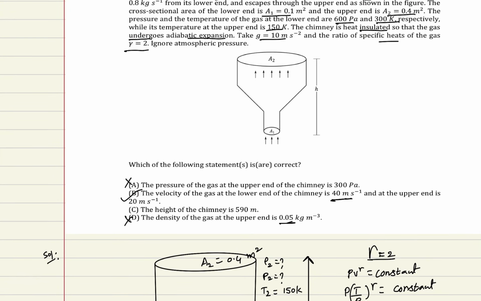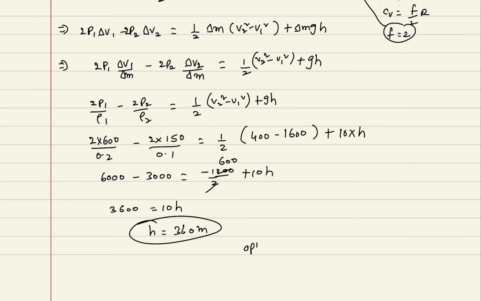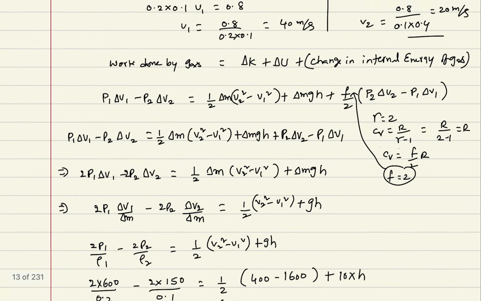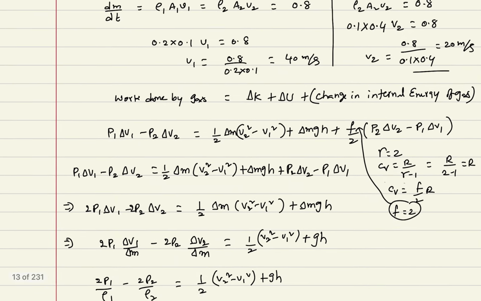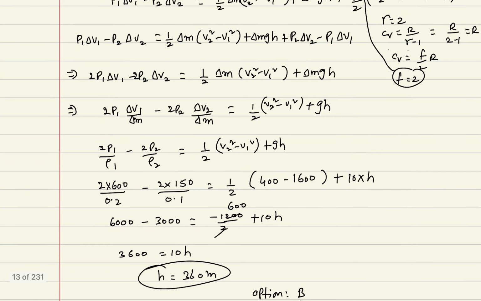According to the question, they have given 590 meters. It is wrong. So according to the options, only option B is correct. If you neglect the internal energy, at that time you will get 590 meters. If you consider the internal energy, you will get the